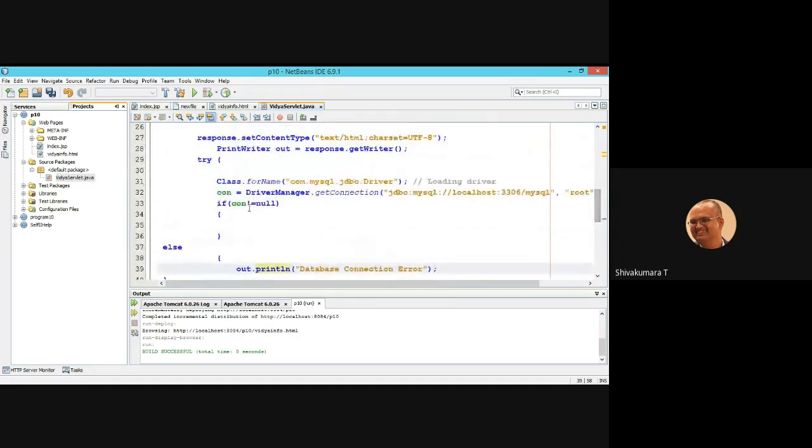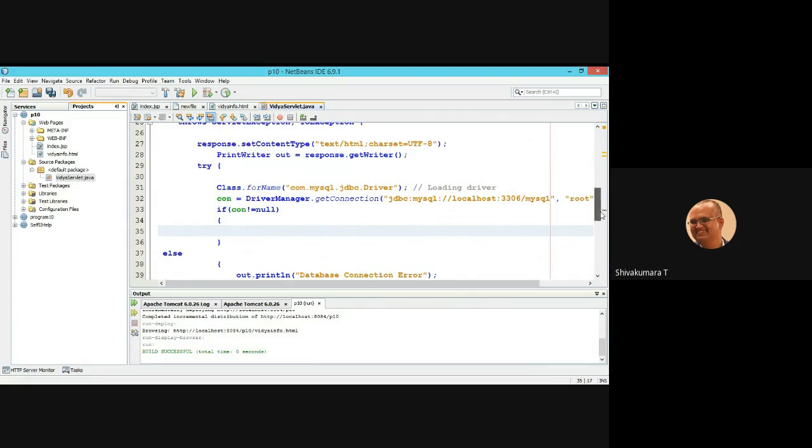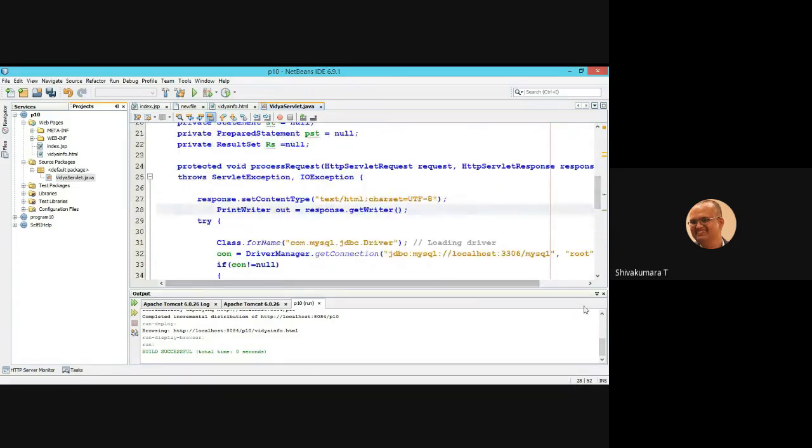Fine. Now this connection object is referencing that driver. Now what are the actions we need to do? Insert, delete, update, display and delete all records. First let us go with insertion. Before that, we need to collect the user data which is sent in the user form.